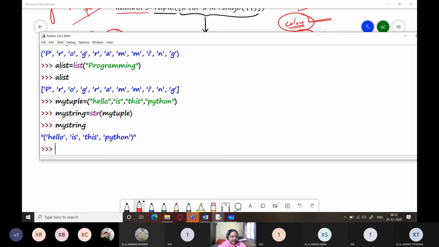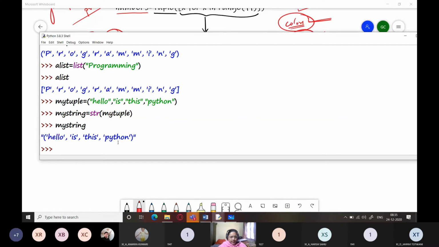What it does is it includes everything within the string. Right from these brackets, they are also considered, each of these things is a separate character. This bracket, this single quotation mark,